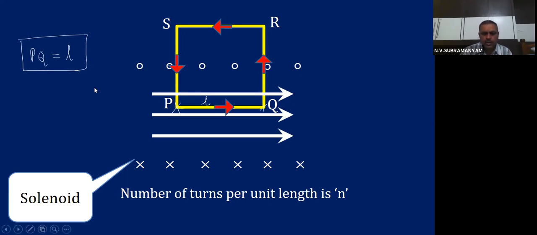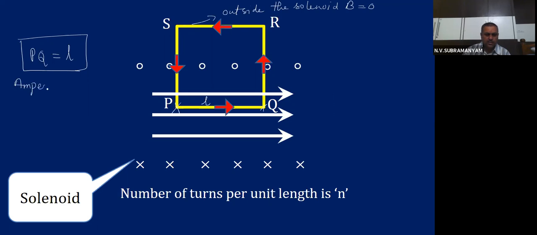So for the part, if you observe carefully, this is outside the solenoid. This region is where? Outside the solenoid. That means for the outside part, in the region SR, field will be what? 0. Remaining how many parts are there for us? PQ, then QR, RS, and SP. Now, do you remember Ampere's law, children?